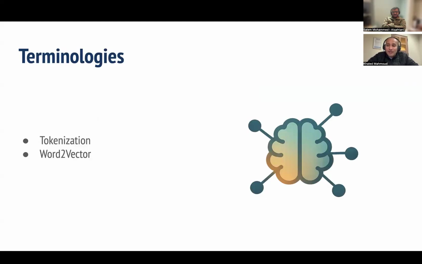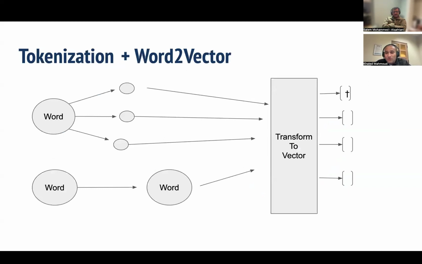So in order to understand how ChatGPT and similar websites and technologies understand our natural language, we need to understand two concepts: tokenization and word-to-vector. So before the text or our prompts enter ChatGPT, a word first gets divided or broken into tokens, and some words do not get broken into tokens, and these tokens will be transformed into something called a vector that we will cover. And